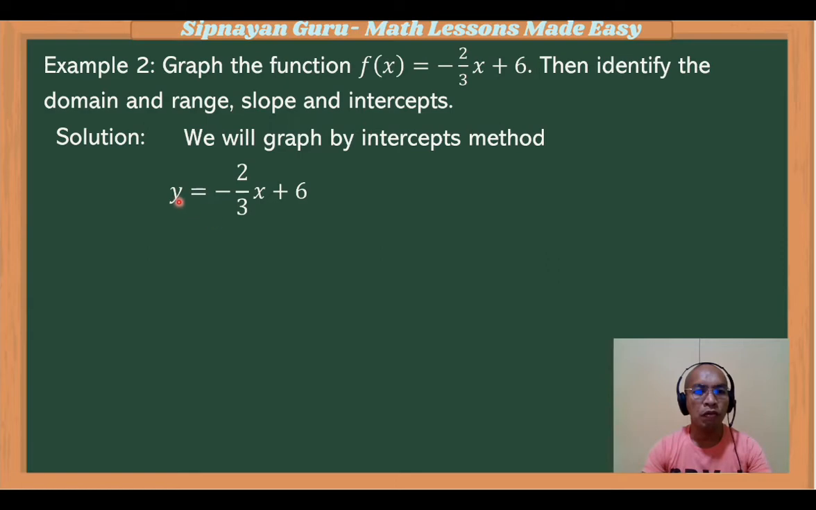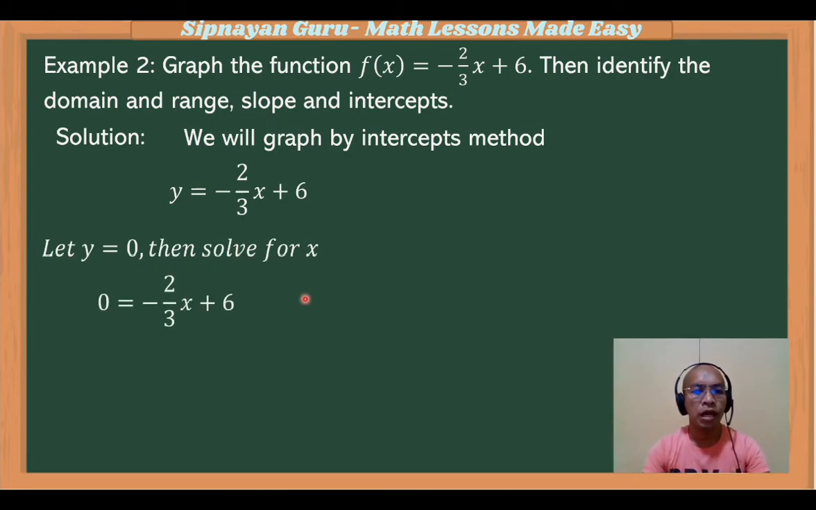This is equivalent to the function y equals negative 2/3 x plus 6. So if we're finding the x-intercept, we will let y be 0 and solve for x. So this could be 0 equals negative 2/3 x plus 6. Since this is a fraction, we will get rid of the fraction by multiplying the whole equation by the LCD, which